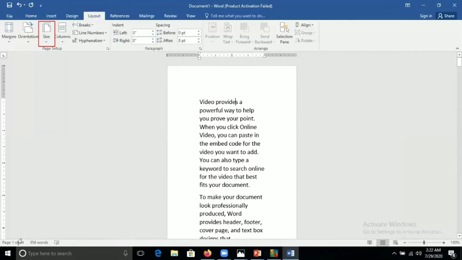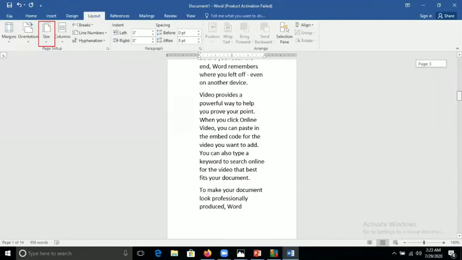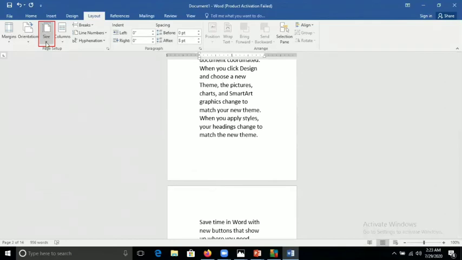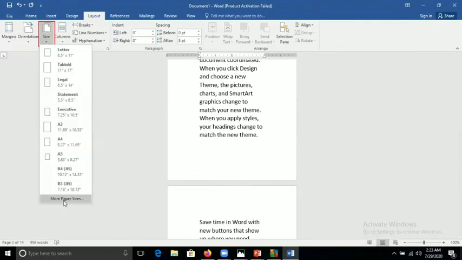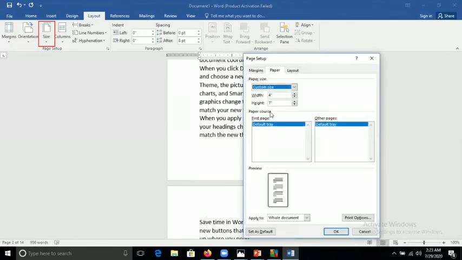You can see now 14 pages are here because I have changed the page size. So we can create our own by clicking on size, then going to more paper sizes, and here we use custom size, and after that provide width and height, and the preview will show according to whatever value I give.